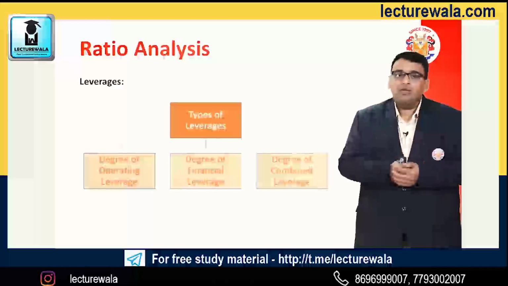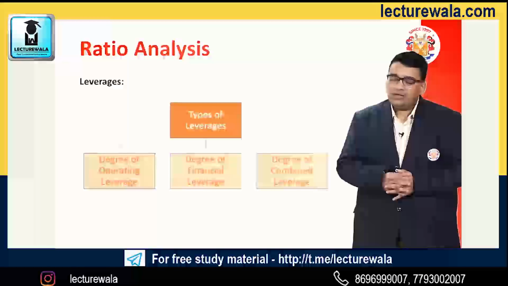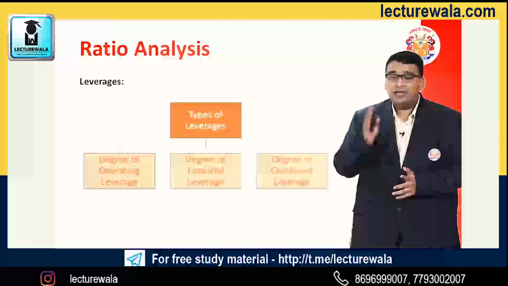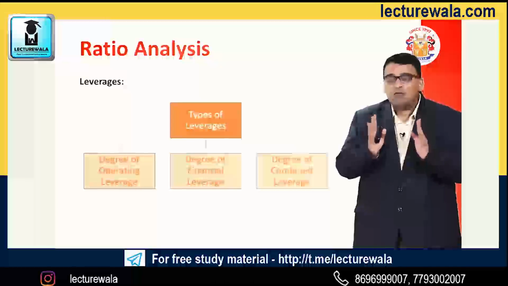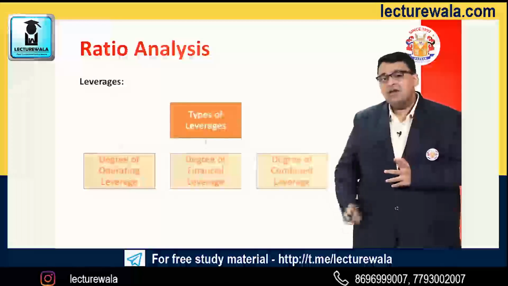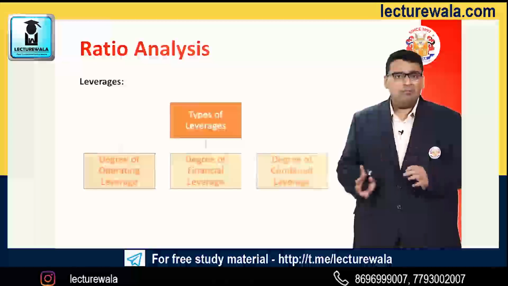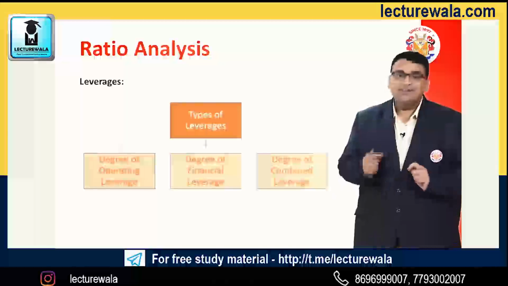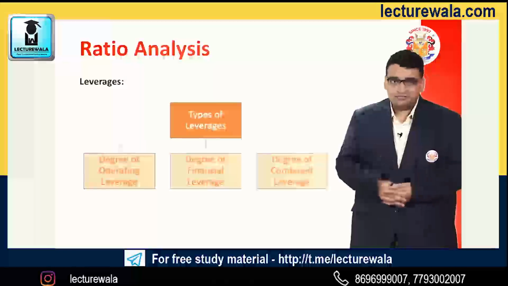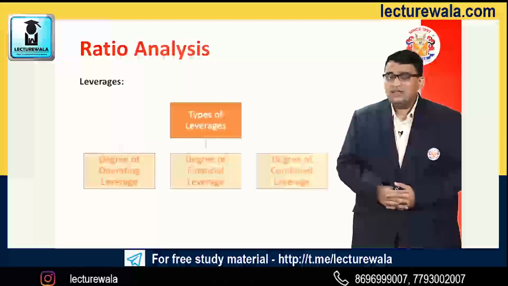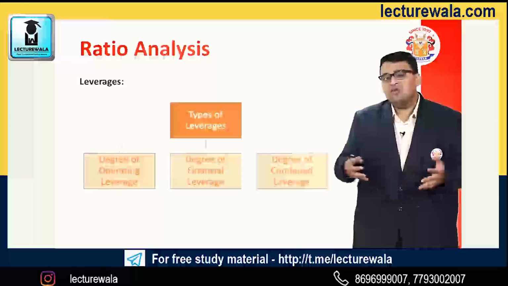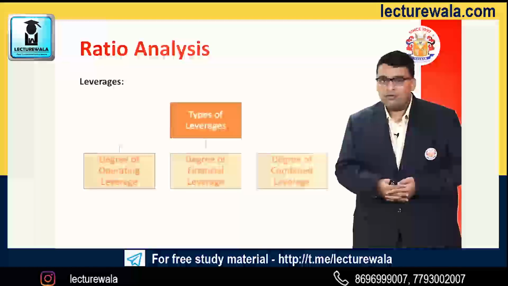In both types of leverages the company is facing, the foremost and important effect is on EPS only, because at last EPS is derived after deducting all your expenses, commitments and liabilities. This is how leverage has been divided into three parts. First is degree of financial leverage, second is degree of operating leverage, and third is combined leverage, which is nothing but the combo of degree of financial leverage and degree of operating leverage.